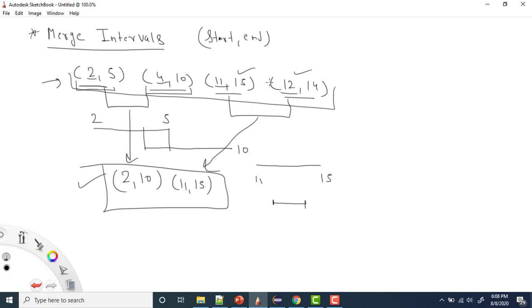But these are in sorted order here, and in the question they could be in any order. So let's say my question could be something like this: merge intervals 11 to 15, then 2 to 5, then 12 to 15, and then 4 to 10, right? So let's say the intervals are given in this manner, in any order, right?